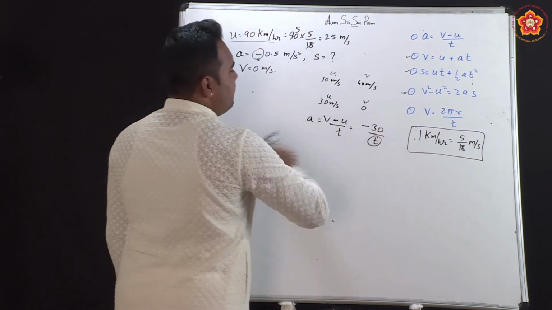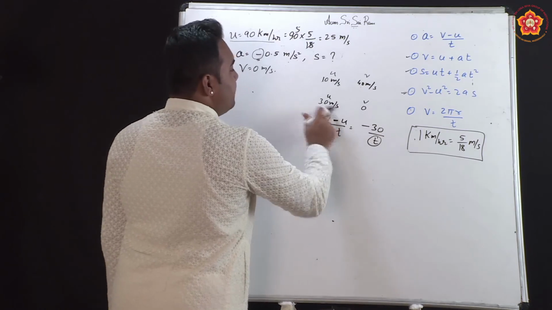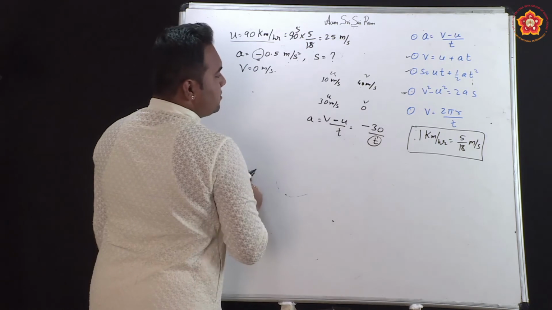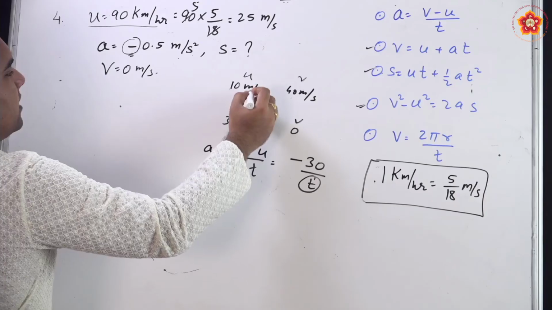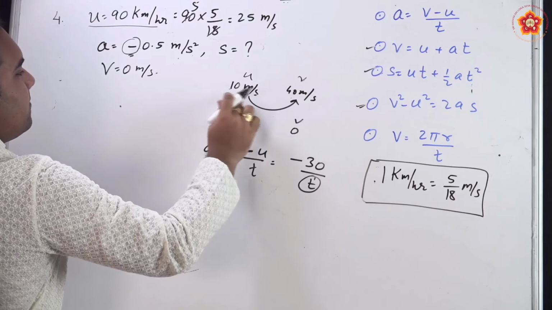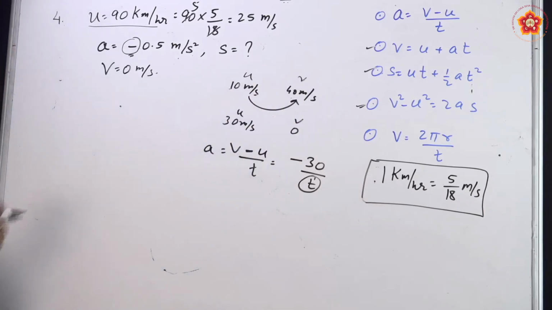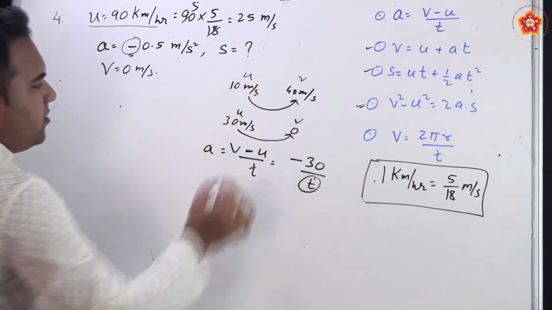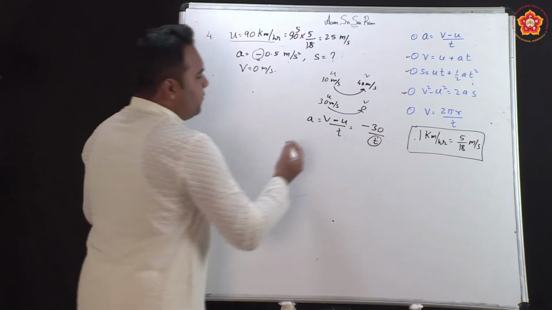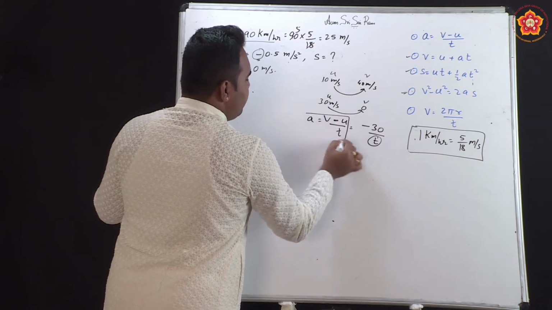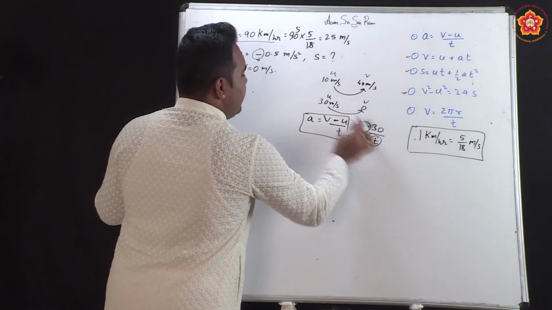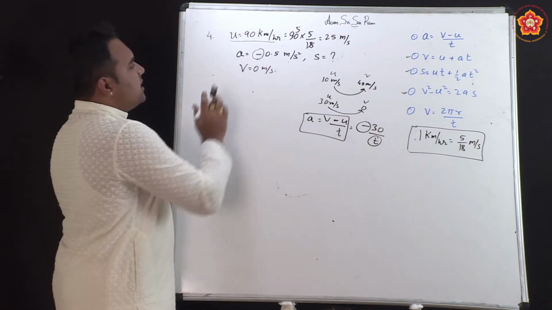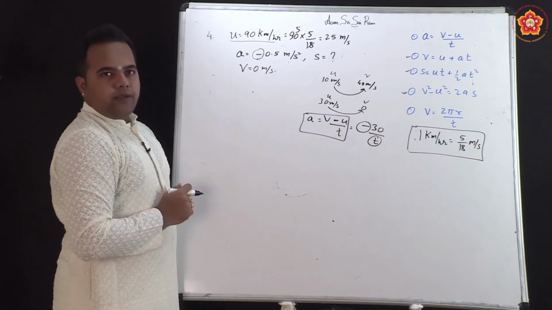So, in this example we already have some initial velocity. Because of the application of brakes, deceleration is produced. Acceleration means velocity is increasing from one value to another. Deceleration means velocity is reducing. So, from 30 the value came down to 0. Therefore, if you calculate acceleration from the formula, the sign will be negative. The negative sign of acceleration only means that the velocity is reducing gradually.